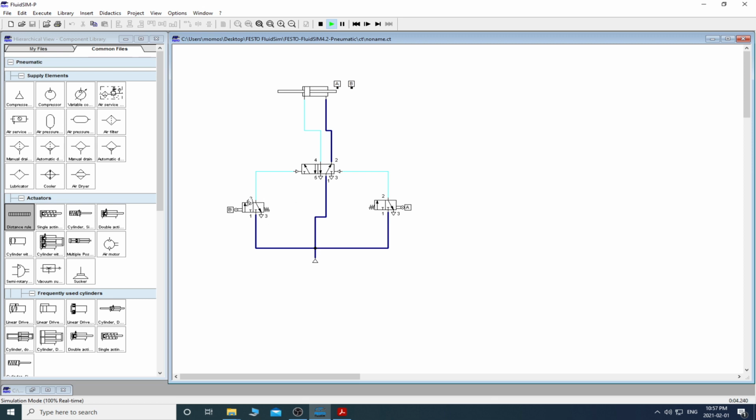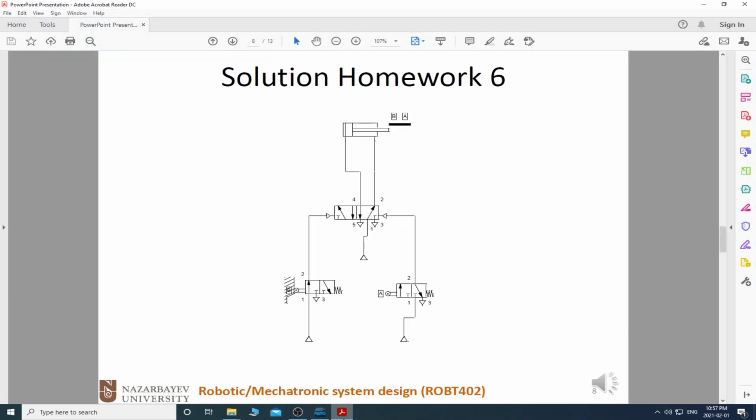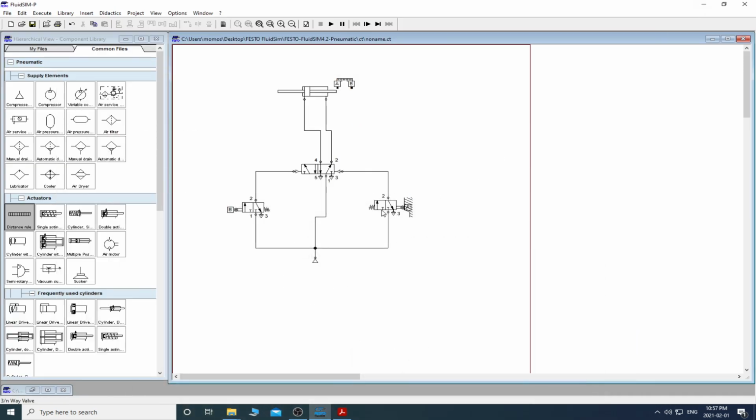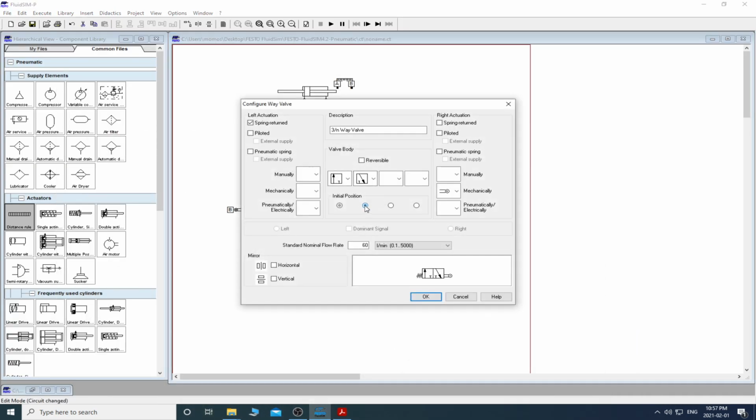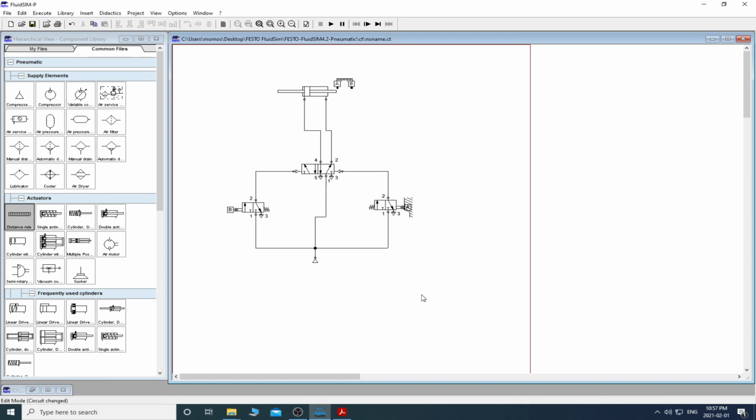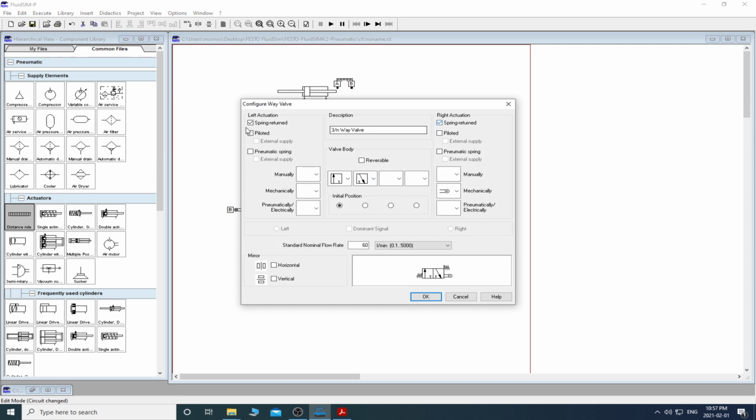Okay, so we are in basically a lock mode because the status of one of these directional valves is not correct. Okay, so we need to change that. So here, see what we have here in the solution. So we need to change this one. Most likely, if I change the initial position, okay, so that might solve. But okay, I'm gonna basically, just for now,